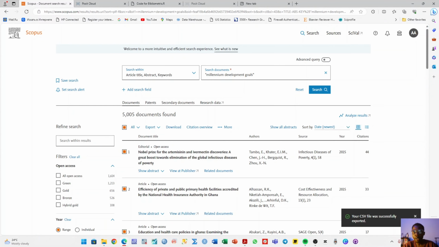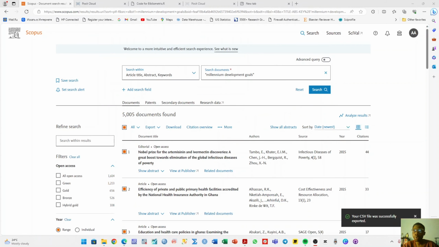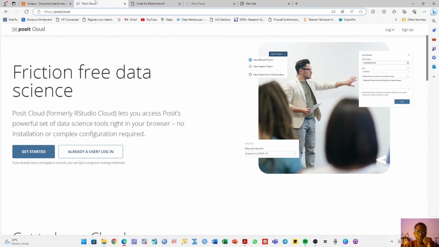The second step is to open RStudio, load the bibliometrix library, and run Biblioshiny. I already said in the first part that you don't have to have R running on your system. We are just going to use the browser for starters, but for those that already have it, you can just open your RStudio on your system and let's run with it. So I'll go to my browser, and we have this. What you just have to type is